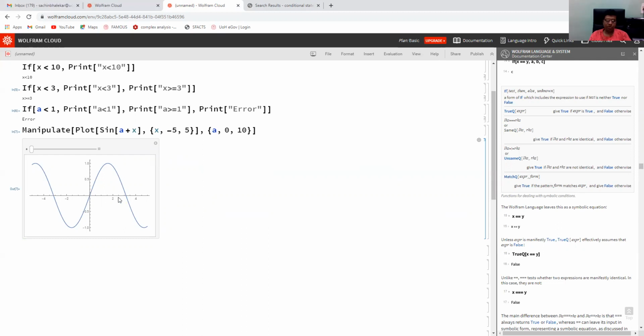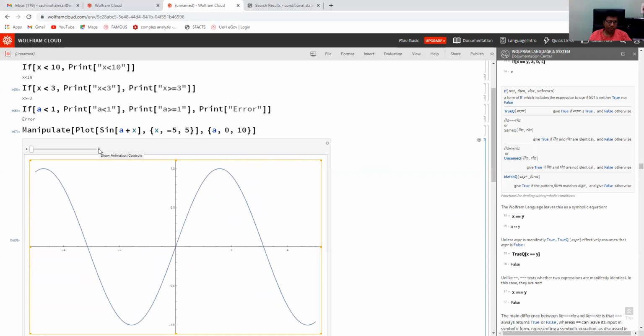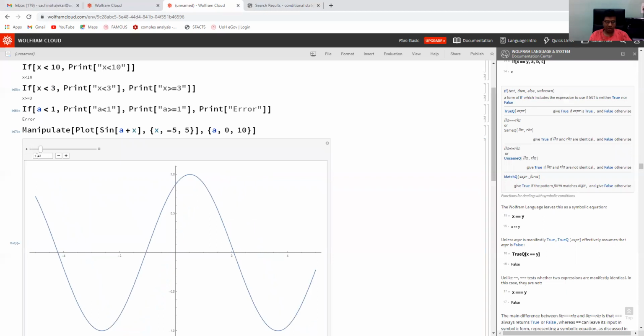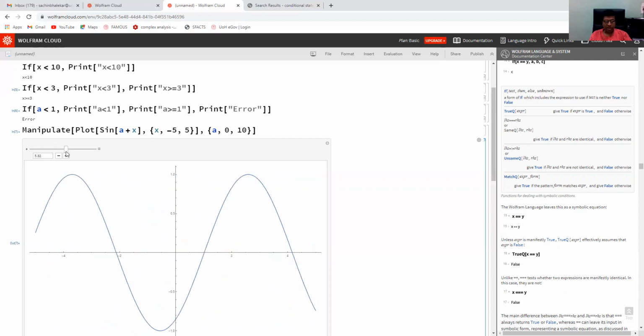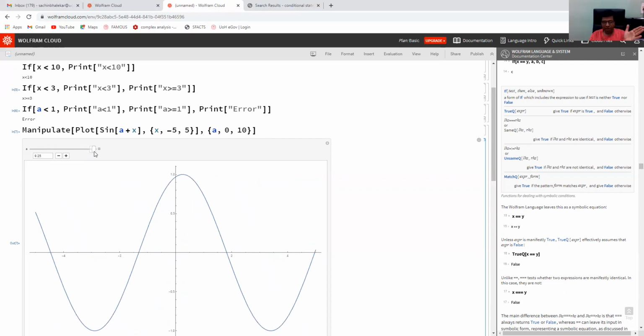This is a dynamic thing, so usually it takes time. It depends on network speed. If you have Mathematica software instead, it will not consume more time. So here you can see the plus sign. Just click this. So this is a. You can drag this, click this and move. Here you can see the values of a. Now a is 1.43. You can see the change in the graph as we are changing a. As we move the value of a from left to right, it seems that the graph is moving to the left.